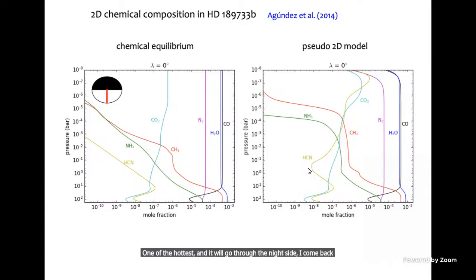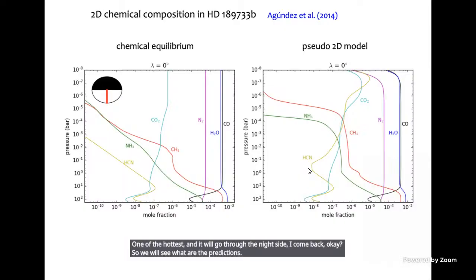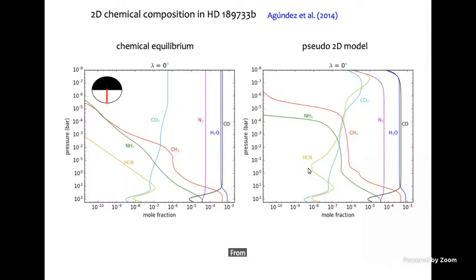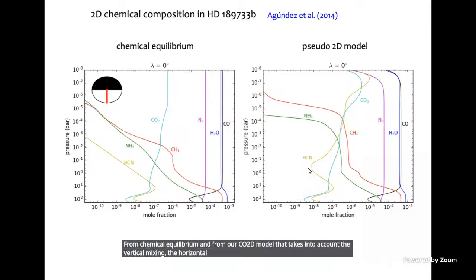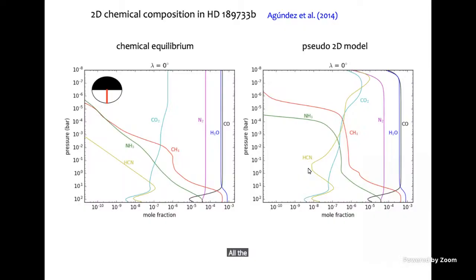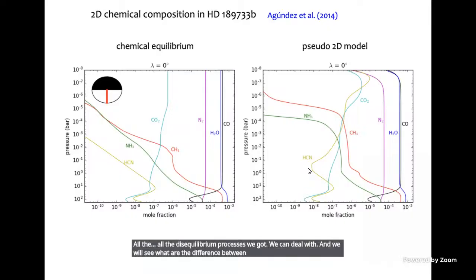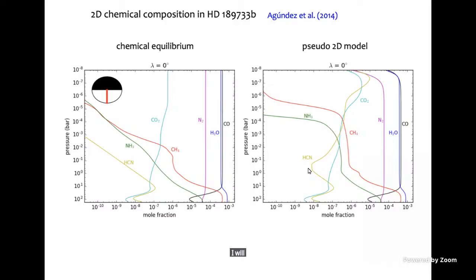We will see the predictions from chemical equilibrium and from our pseudo-2D model that takes into account the vertical mixing, the horizontal mixing, photochemistry, and all the disequilibrium processes we can deal with. And we will see the differences between the predictions from chemical equilibrium and the disequilibrium model, okay? Because there are many species here, I will tell you to just focus on methane,